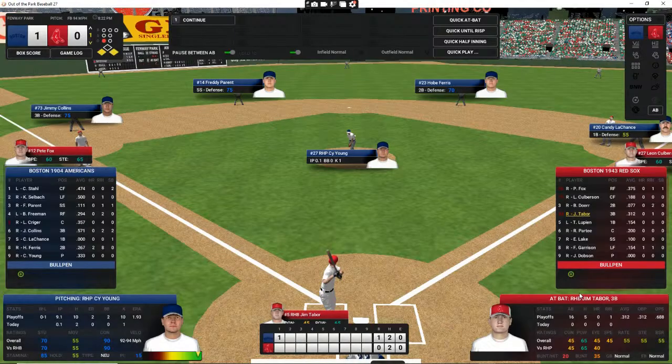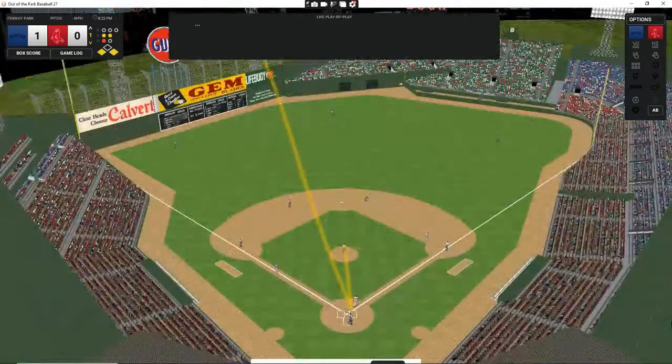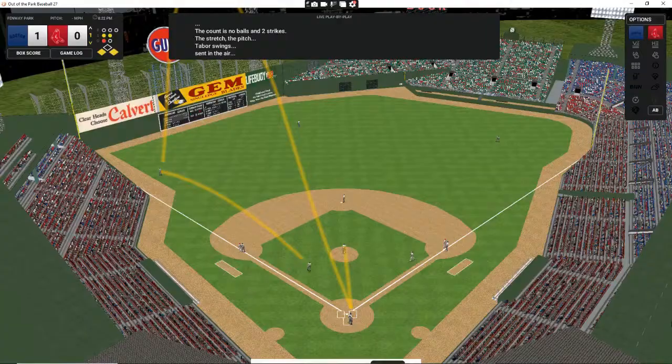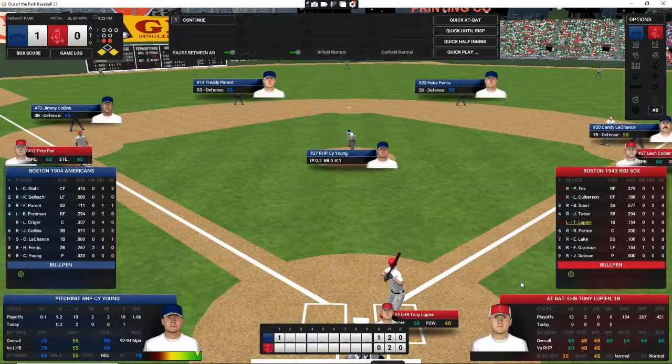Bottom of the first, Jim Tabor, 5 hits, .312 in the series. Young checks the runners, gets his sign. He's into his windup. The delivery, high in the air. Left fielder's got it, and nobody's going anywhere as he throws it towards the infield. That ball was not hit deep enough for Fox to come home. Young is only one out away from getting out of this inning unscathed after having runners on first and third